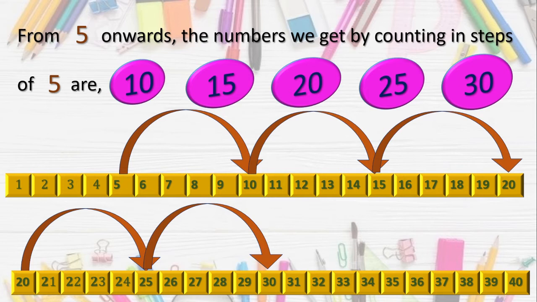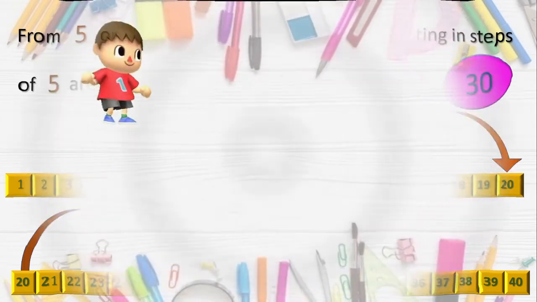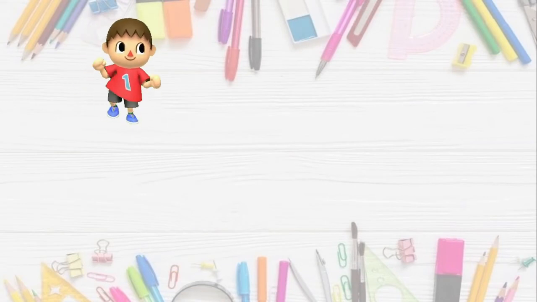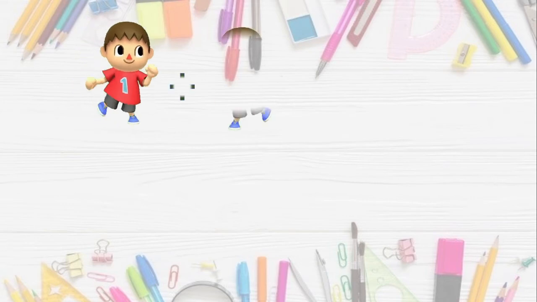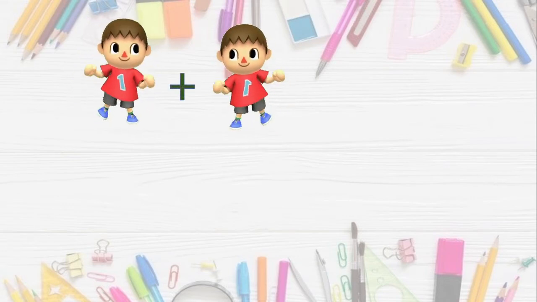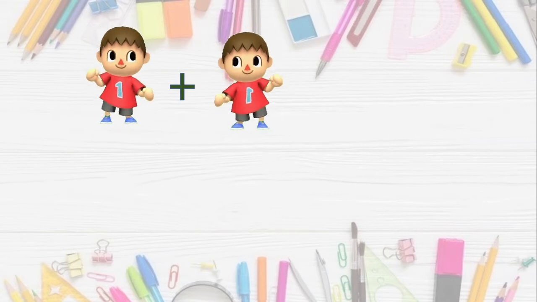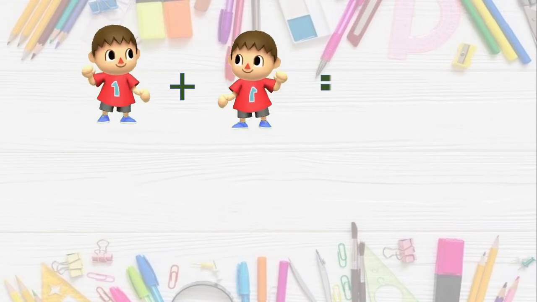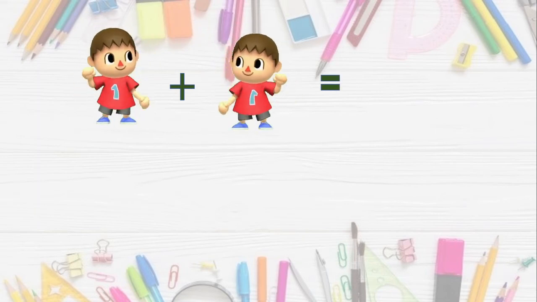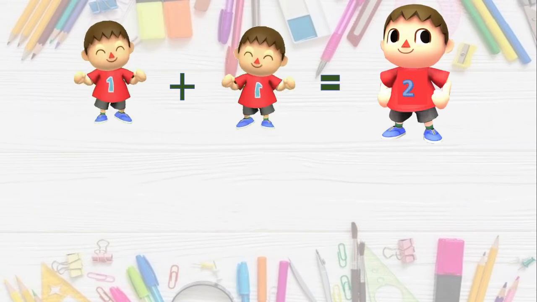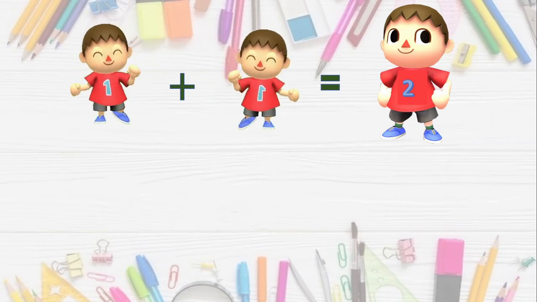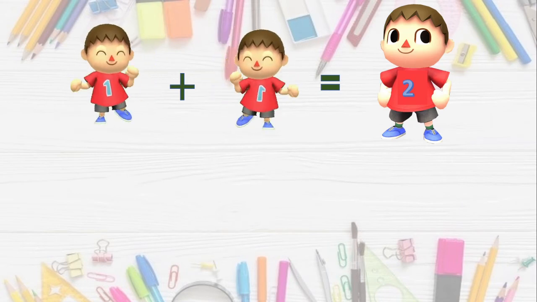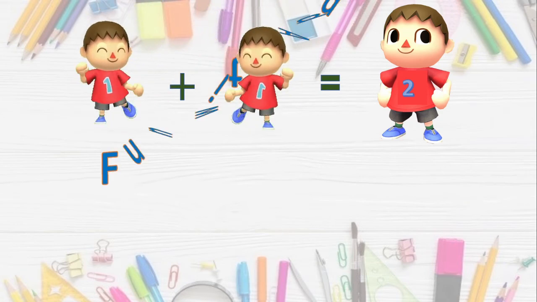I hope it is clear to you. Correct? Now dear children, we will have some fun here. Yes, number 1 is dancing. Here we can see one more one along with this earlier one. Yes, 1 plus 1, that gives, you know what it gives? It gives 2, isn't it? A strong one, right?